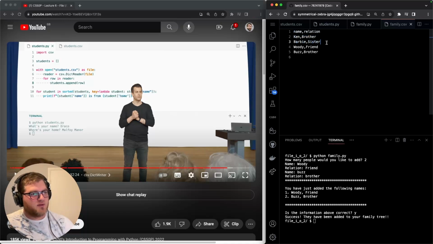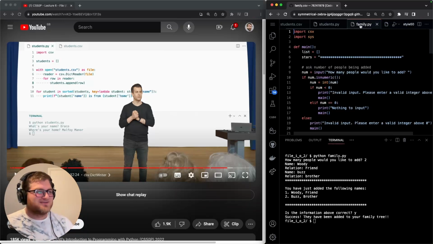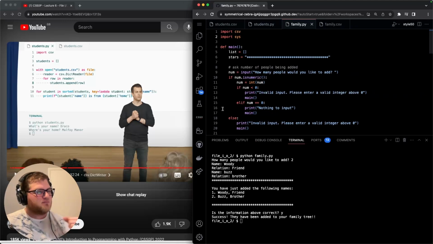So Ken and Barbie as brother and sister, and then these are the 2 that I've just added. So I was really happy that I actually managed to get this to work. So looking at the code, I've imported, as you can see, CSV and sys. And then I've defined main. I'm just going to bring this out so we can see that a bit clearer. There we go. So defined main, and I've opened an empty list, and I've created a variable called stars, which